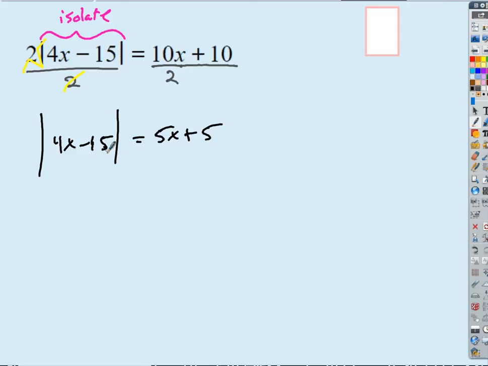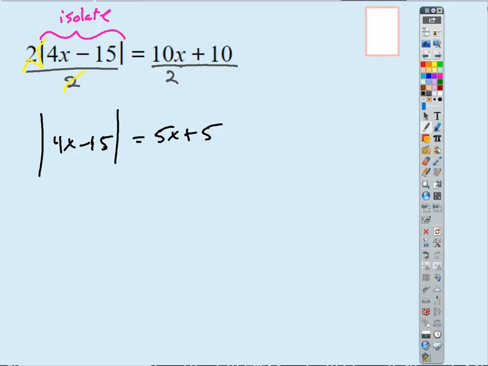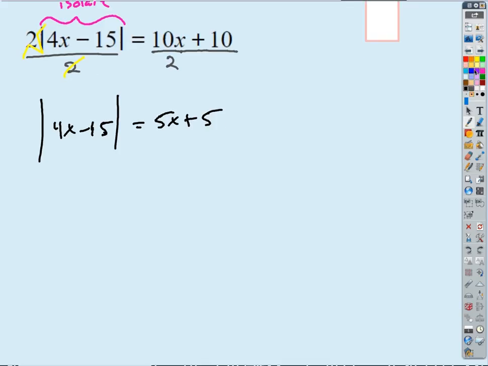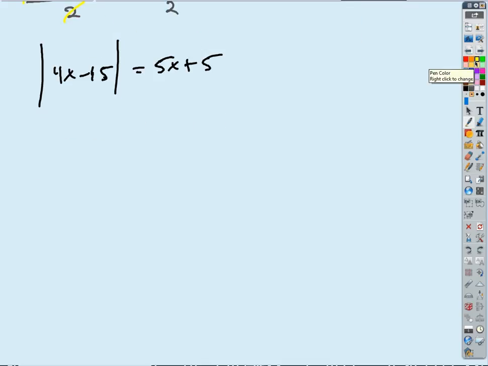Bingo. There you go. So now we're going to trade the absolute value equation for two regular equations, right? Because remember what I said, it's been like a week and a half ago. We can't do any algebra ever inside the absolute value bars. It's off limits. So I've got to get rid of them. And the way I get rid of them is once I isolate the absolute value, I'm going to set up two regular equations. And the way I do this, remember, is whatever's inside the absolute value bars, in order for this to be true, either has to equal